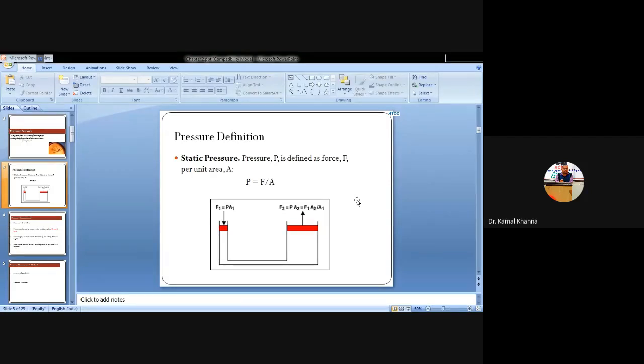So you can see, applying F1 is equal to P into A1, you are applying a smaller effort, and F2 is equal to P into A2. You are putting the value of P into A2, it is equal to F1 by A1. So it becomes F1 into A2 by A1. So you are sending a smaller signal to get the larger output in the case of this differential cross sectional pipe. Why is it called a differential cross sectional pipe? Because at one end we have a smaller diameter, and at the larger end we have the output and we have the larger diameter.